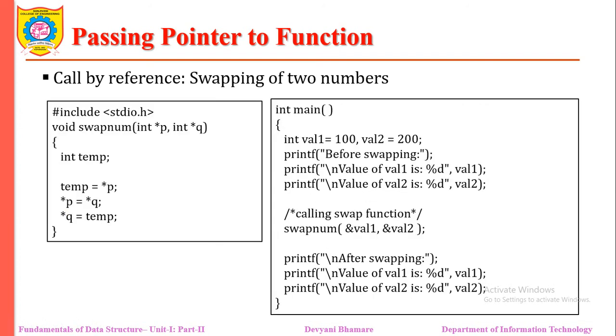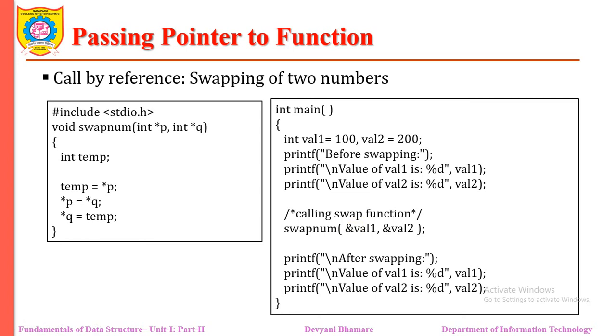A general basic example of call by reference is swapping two numbers. If we call the swap function and pass the values, then whatever swapping is done is temporary. It will be limited to the swap function and will not change outside. So if you want to make a permanent change, then we need to use the call by reference concept. So this is regarding call by reference.